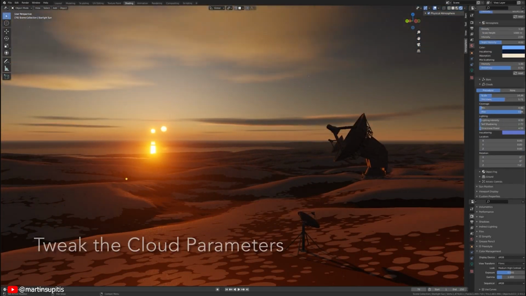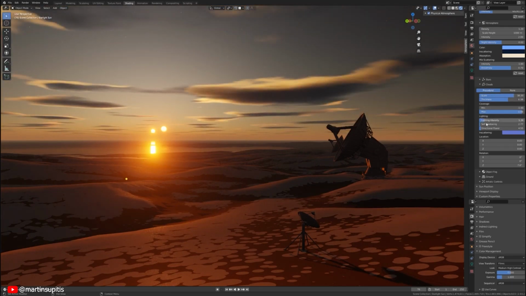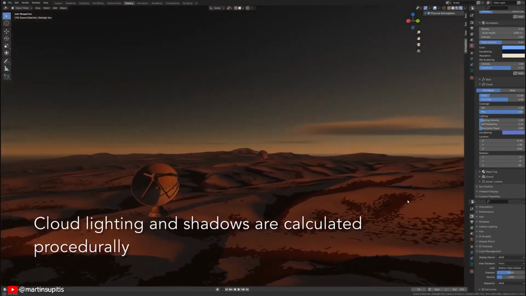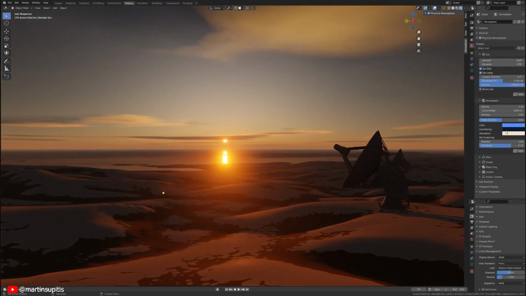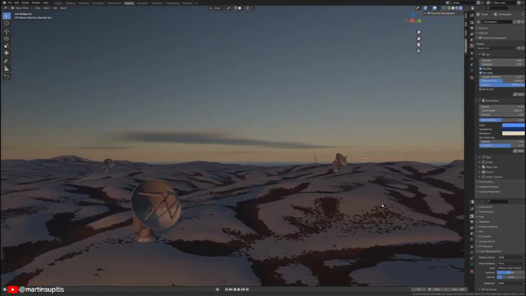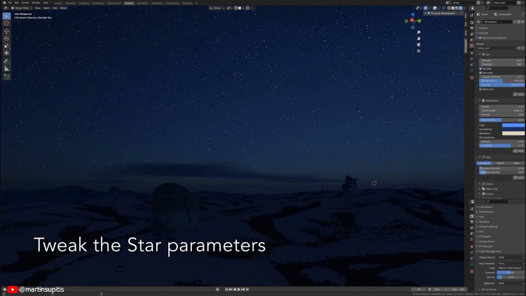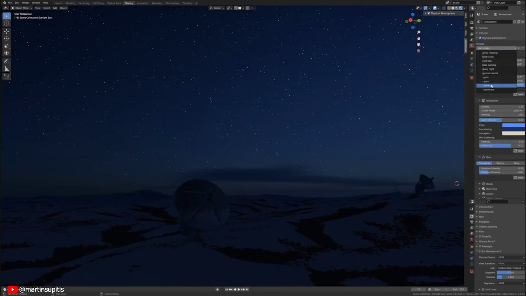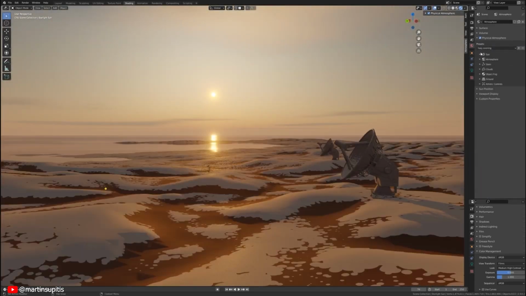atmosphere that captivates viewers. Another plus is its compatibility with both Eevee and Cycles rendering engines. Furthermore, its user-friendly interface makes it accessible to beginners, enabling them to produce stunning visuals with ease. In summary, if you're looking to integrate real-time skies into your Blender projects, Physical Starlight Atmosphere is the perfect add-on